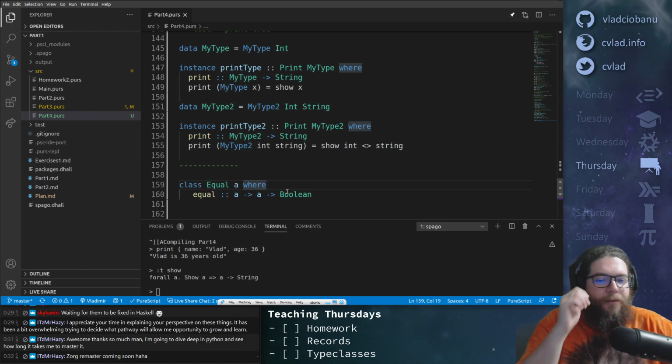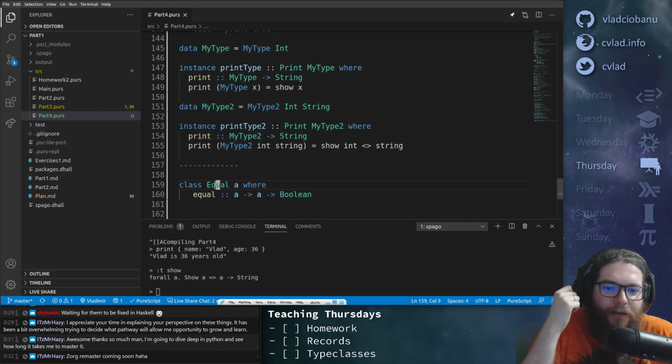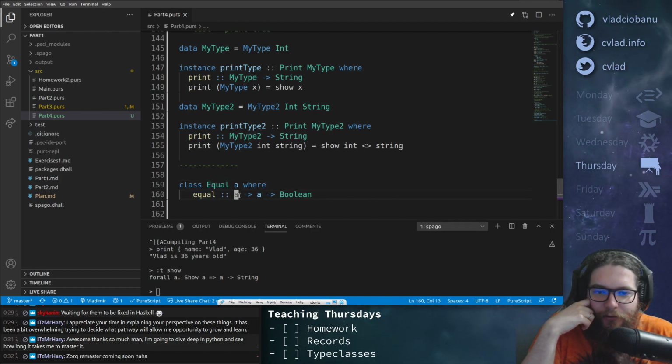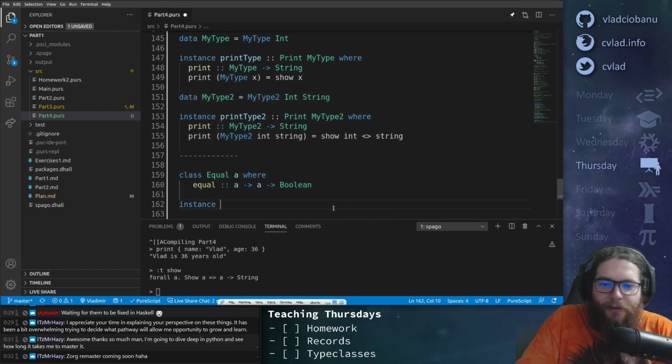Right, so I can test whether I can have the equal property on a if I tell the compiler if two things are equal. This is true or false, right? So for example, instance